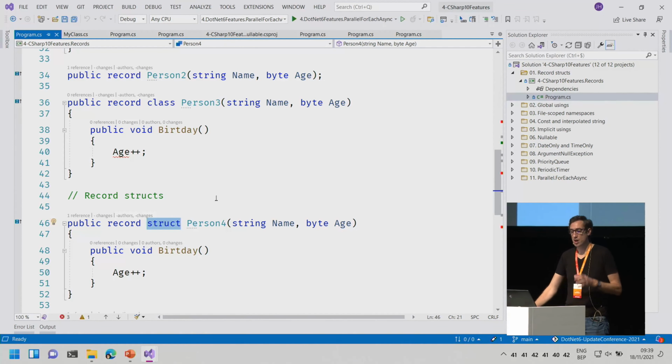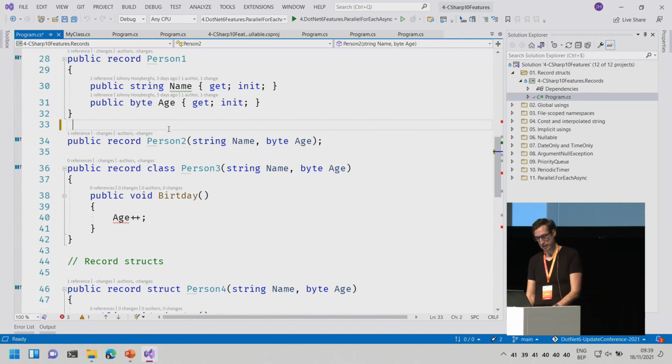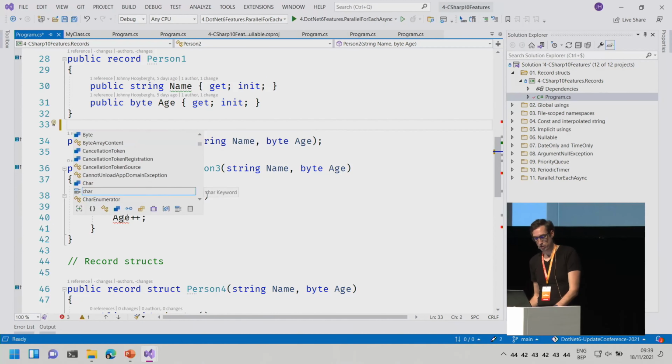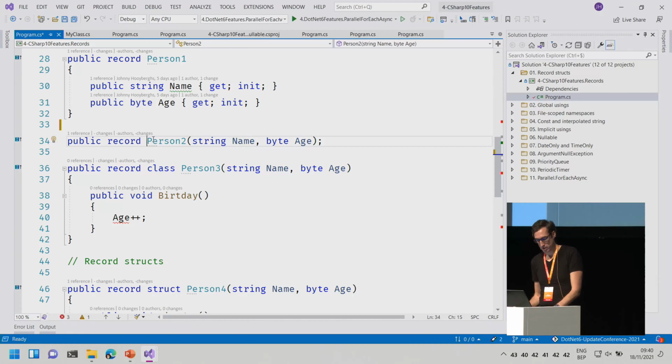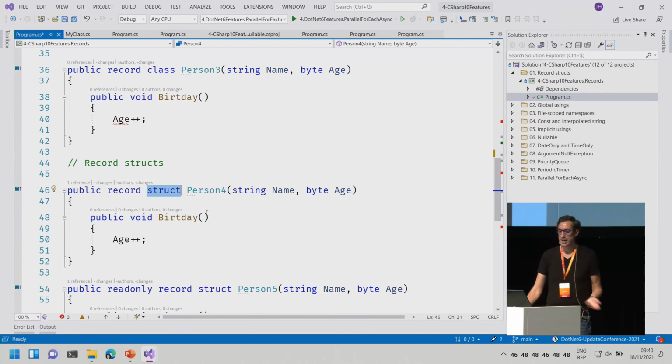So if you want to do that, only from today with the new version of C#, you can use a record struct. If you really want to specify it like this, a record class, you can do it like this, record class. That's also valid. I already did it right here, but now you can do record struct. And then to make things confusing, this name and age, if you do it like this, will automatically generate properties that are not in it, but have a setter.